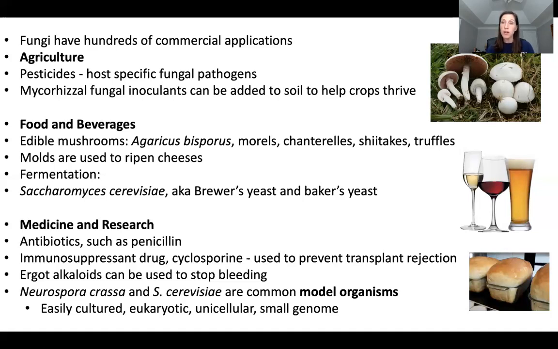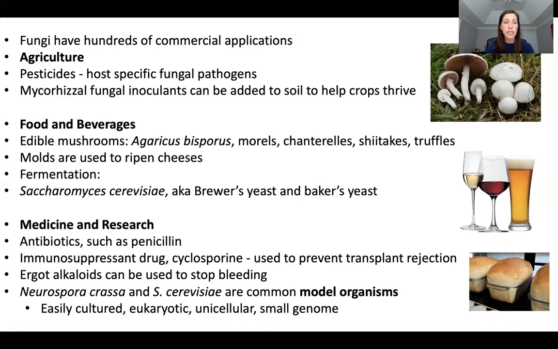Ergot alkaloids: remember ergot, the fungus that causes hallucinations and convulsions if ingested. It's the fungus that gives us the precursor to LSD, right? But it also causes gangrene, remember, which is lack of blood flow to tissues. It causes vasoconstriction, which means your blood vessels get smaller and blood flow can stop. In certain circumstances, that's really bad, right? But if you need to stop bleeding, you can use that to your advantage. So we actually use ergot alkaloids in medications that are used to control bleeding.